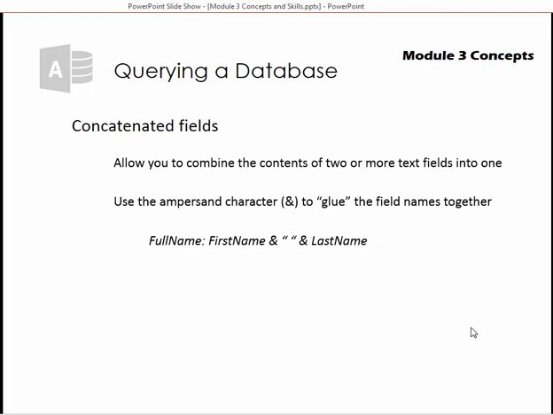Within those quotations, anything can be placed, by the way. After the quotations, we add another ampersand followed by the last name field. Now we have a field that will display the full name of the person shown within the record. As I mentioned, you can include any text within a concatenated column as long as it's enclosed within quotation marks. Another example,